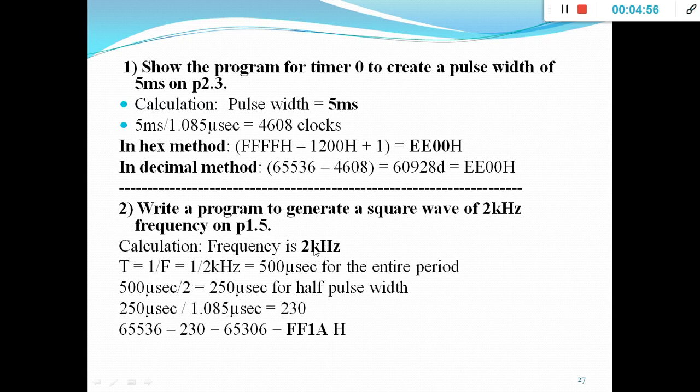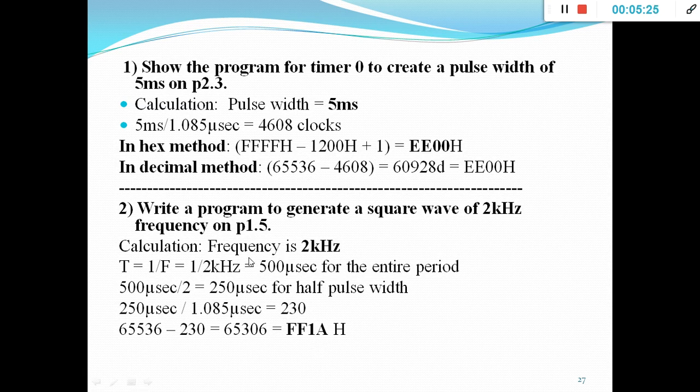So here frequency is given, 2 kilohertz. So here milliseconds is given. Either one will be given, or if it's not given, if a count is given, you directly load it in TH and TL and you are going to get milliseconds or frequency. So in this question frequency is given. Now using this frequency, first you have to calculate the millisecond time. Using that time you have to find the initial count you are going to load in TH and TL. So go for calculations.